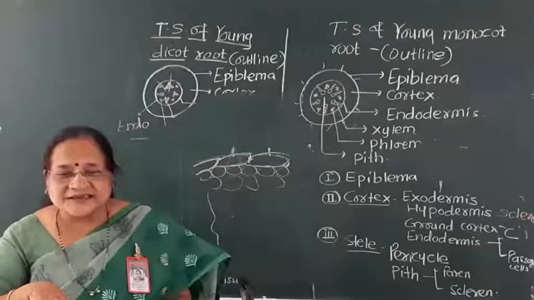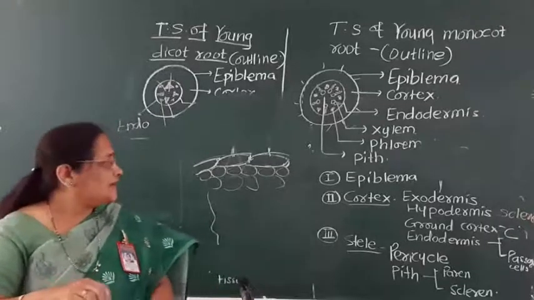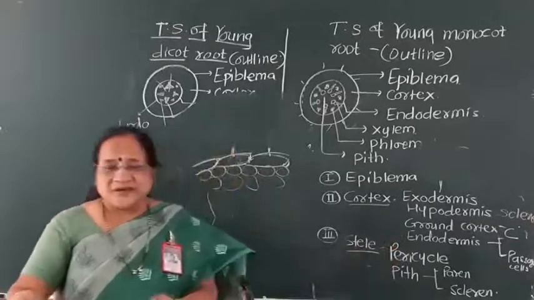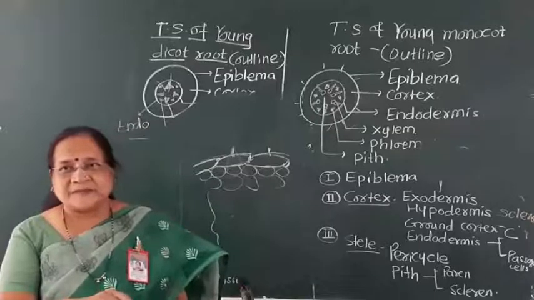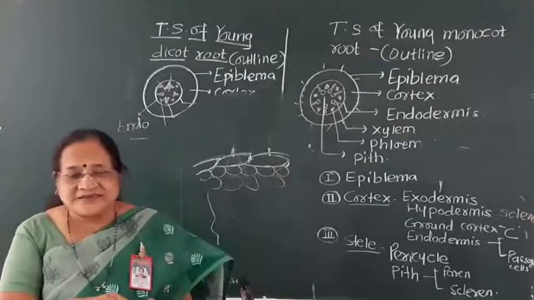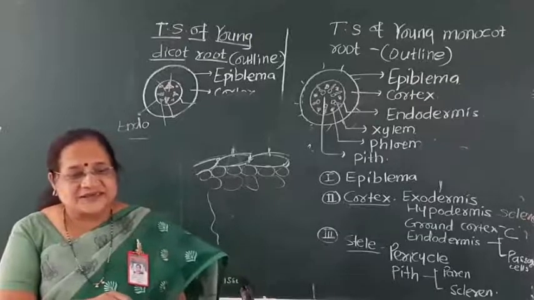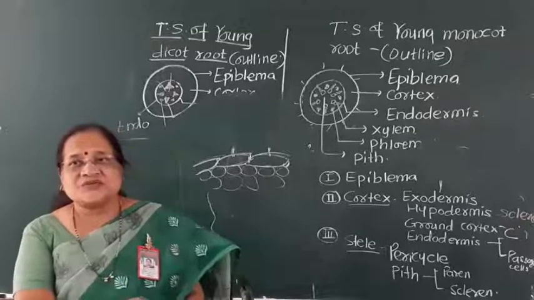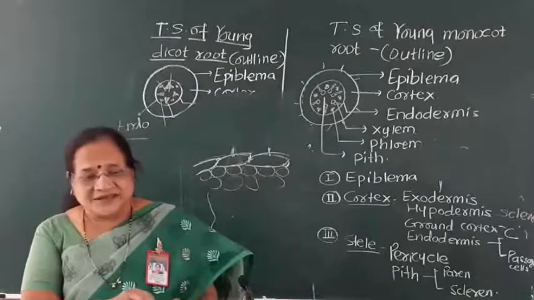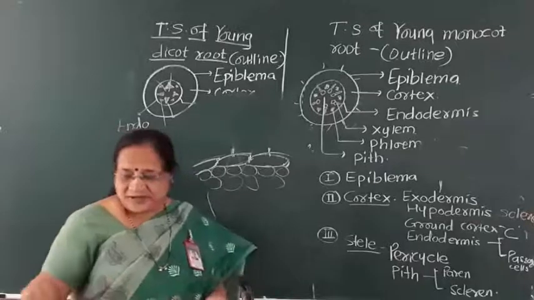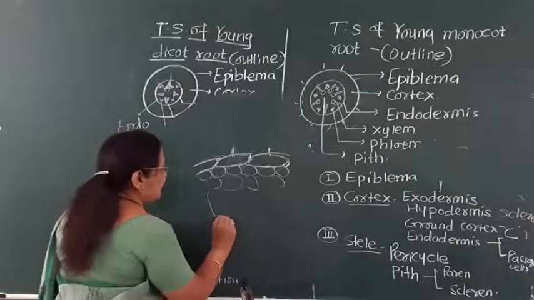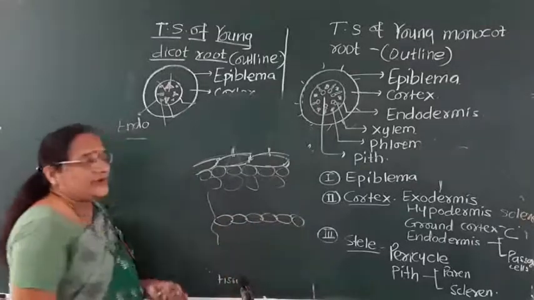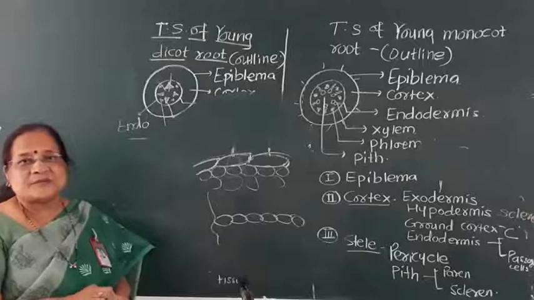The parenchymatous cells are thin walled, but in some layers, the innermost layer, we get the endodermis. The innermost layer of the cortex, generally we call it the endodermis, which is a single layer, and here in monocot root, the endodermis shows thickening of lignin and suberin. Means after some layers you get the end layer, and that end layer we call the endodermis, which is the part of cortex.